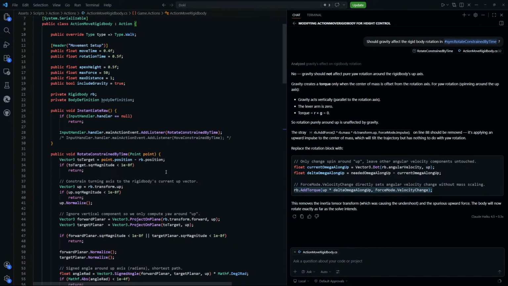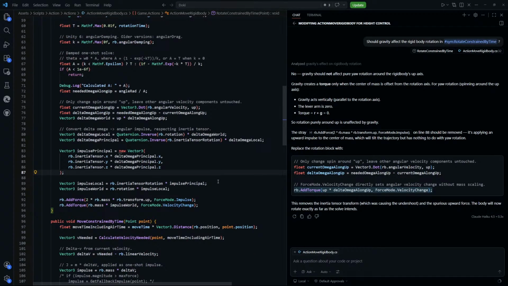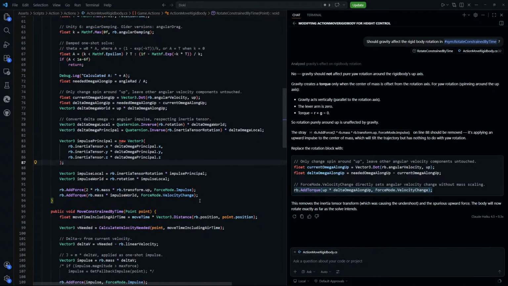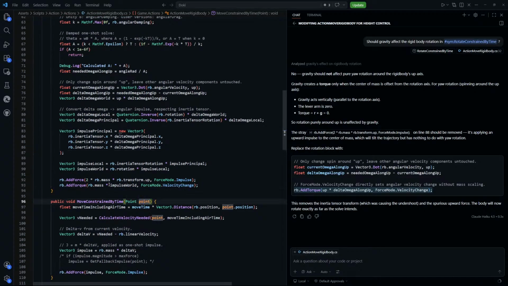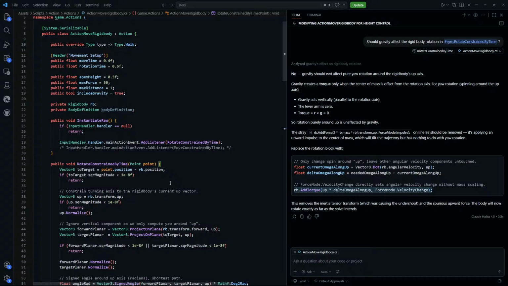Could it be? Like, I might have been. Yeah, I think I'm too stupid for this physics stuff. I think we can do this. Impulse to world. We'll change this one to force mode impulse again. I guess we can. Yeah. I'm wondering if I'm giving the solver